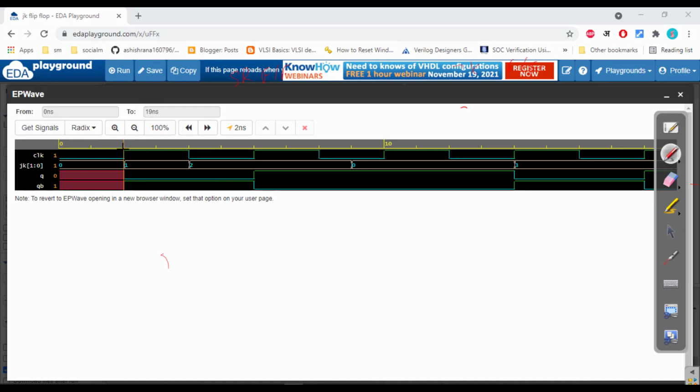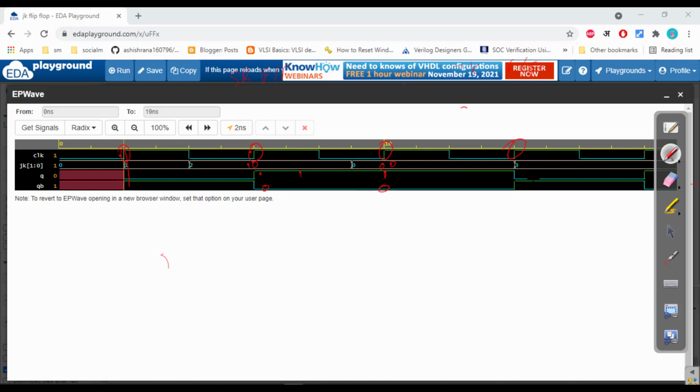Now at the next positive edge of the clock, JK is 1 0, so Q will be 1 and Q bar will be 0. At the next positive edge, JK is 0 0, so Q keeps the previous value: it was 1, so Q will be 1 and Q bar will be the same, 0.